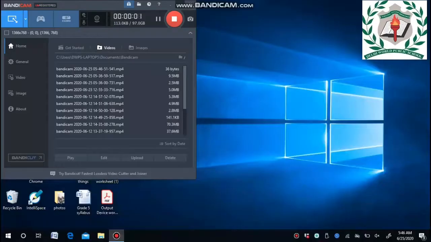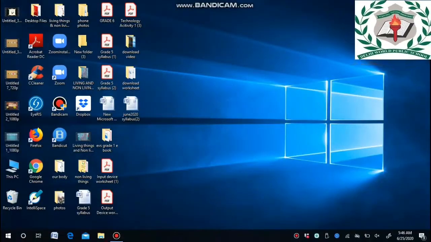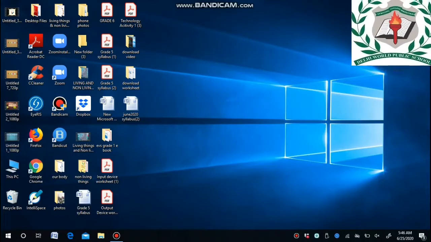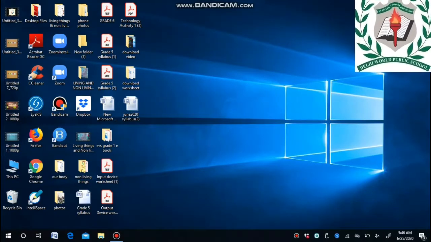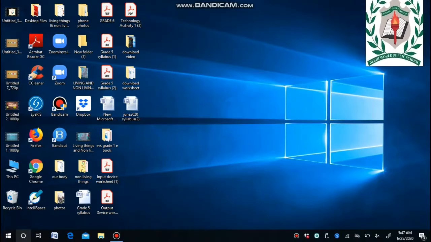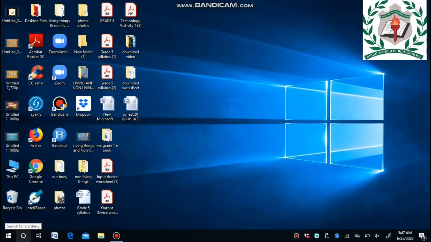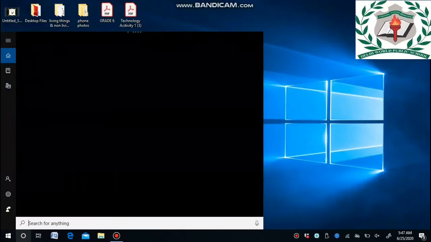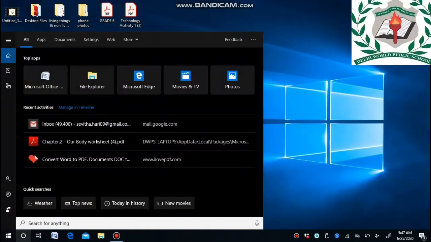And next let me see how to draw and paint on the computer. Once you open your computer, the desktop will appear like this. In the desktop, whatever operating system you are using will appear. At the bottom, a taskbar is there. In that, the search icon is there.